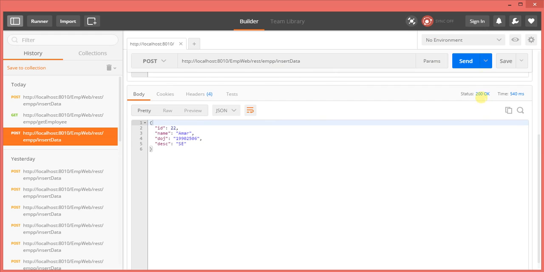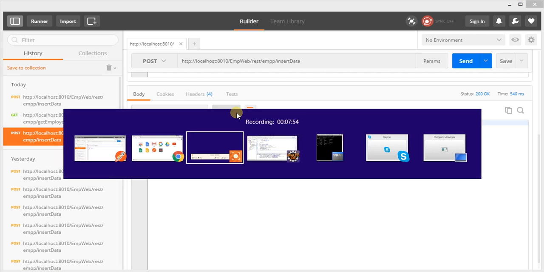See, status is 200, meaning I'm getting the response from my service. And this is the body, where I can see the response object. So this is the response object 22, with some description here, and this response is in JSON format, meaning I'm returning the data in JSON format at my resources. And we will see whether this data is persisted in our local database or not.